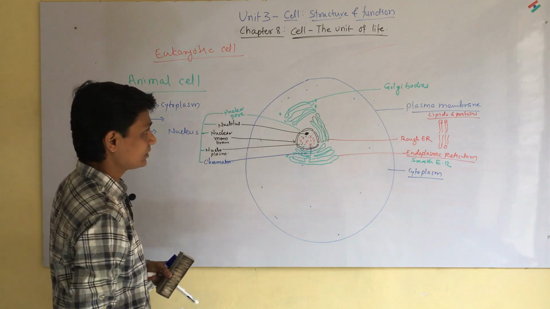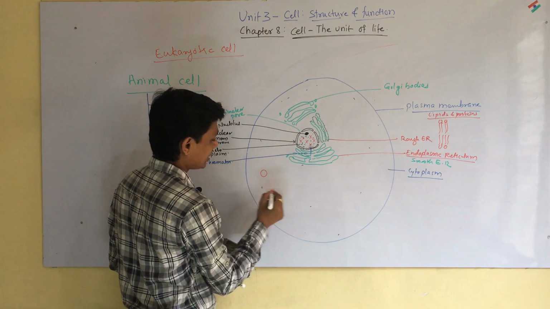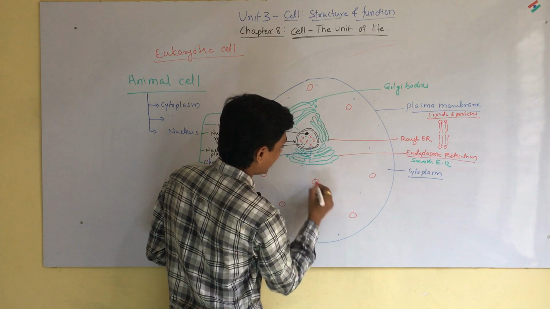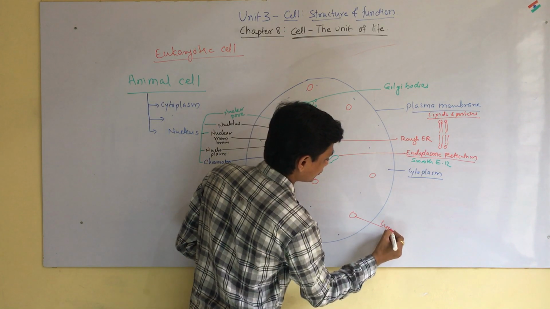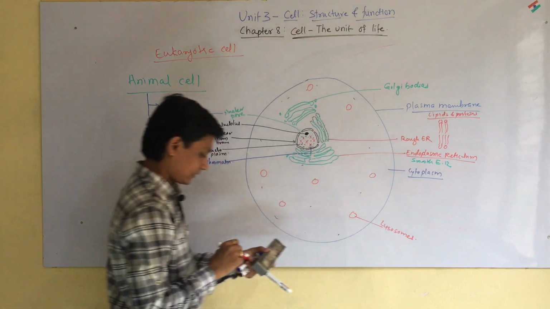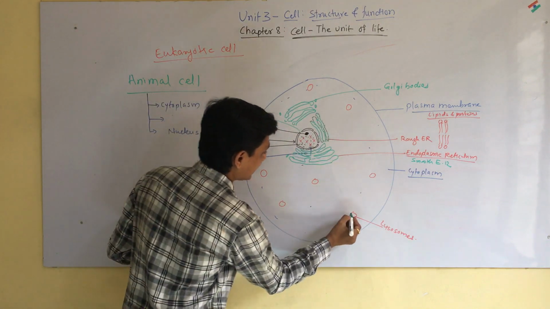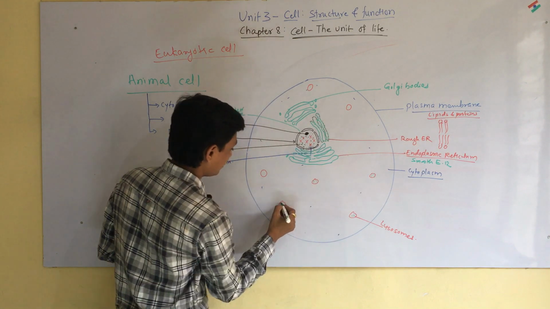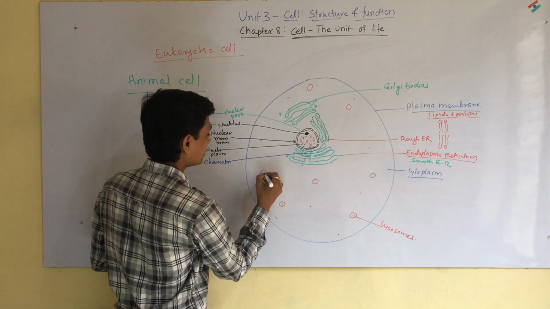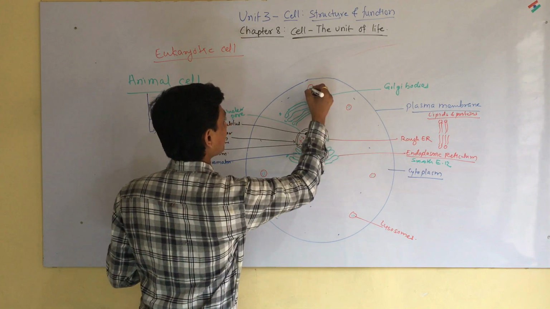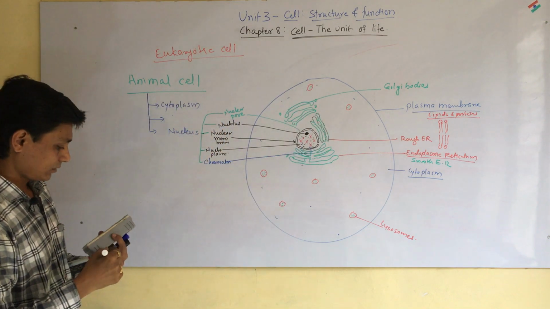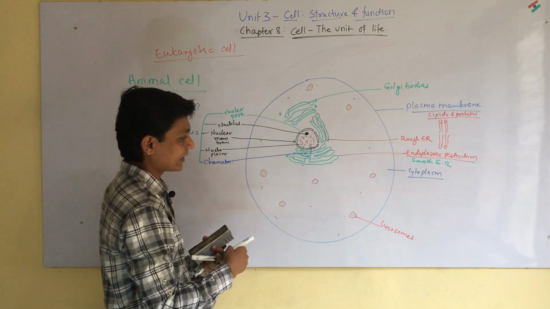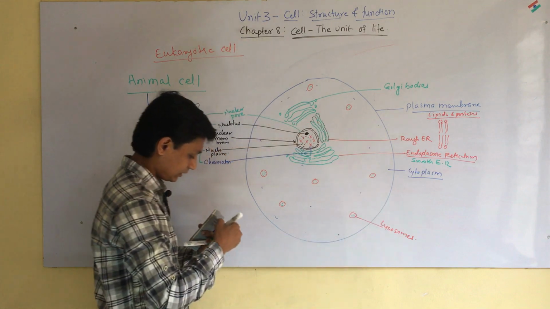Then along with these, some structures are also present which contain enzymes, known as lysosomes. Lysosomes contain some enzymes in them. Near about more than 50 enzymes are there which help this cell for the metabolism purpose. So this lysosome is also known as suicidal sacs. We will see this later on.